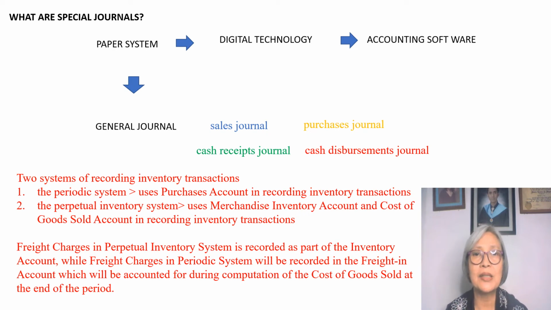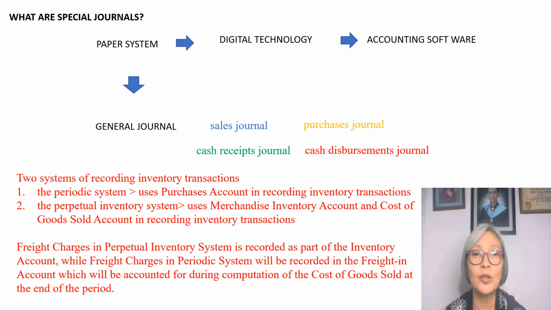So remember this. If the recurring transactions are not so voluminous, all the transactions will be recorded in the general journal. But considering that in almost all businesses, merchandising businesses, the bulk of the transactions pertain to credit sales, credit purchases, receipt of cash, and disbursement of cash,